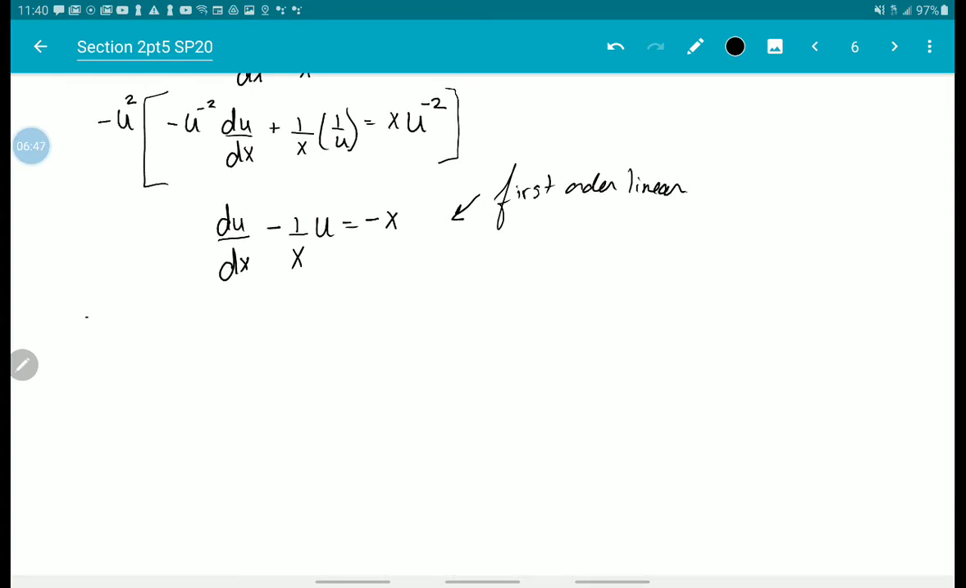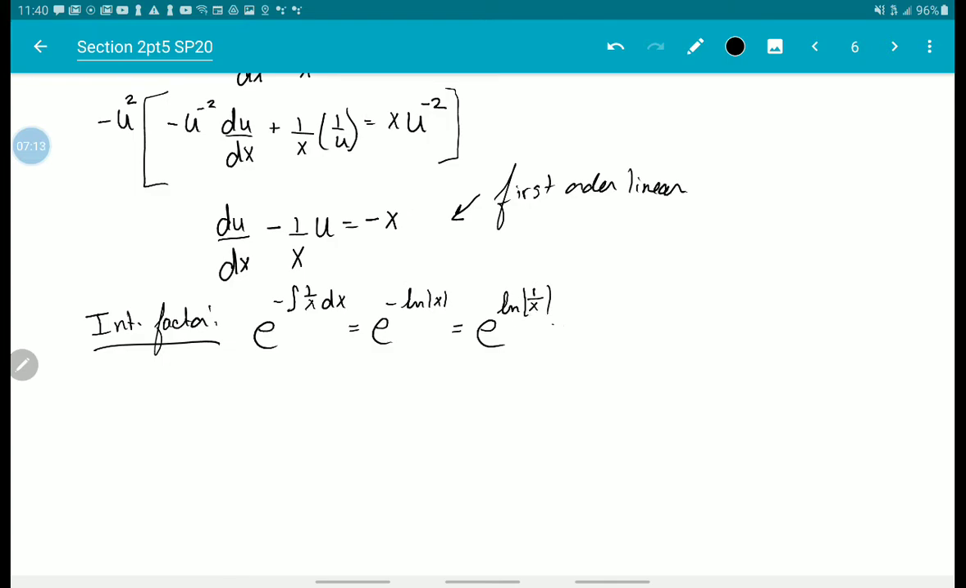So we need to start out by identifying the integrating factor. Our integrating factor is going to be e to the negative 1 over x dx. When we integrate that, we get e to the negative ln of x. So that's e to the ln of 1 over x, which ends up being just 1 over x. And then we're going to multiply through. If we multiply this equation through by 1 over x,